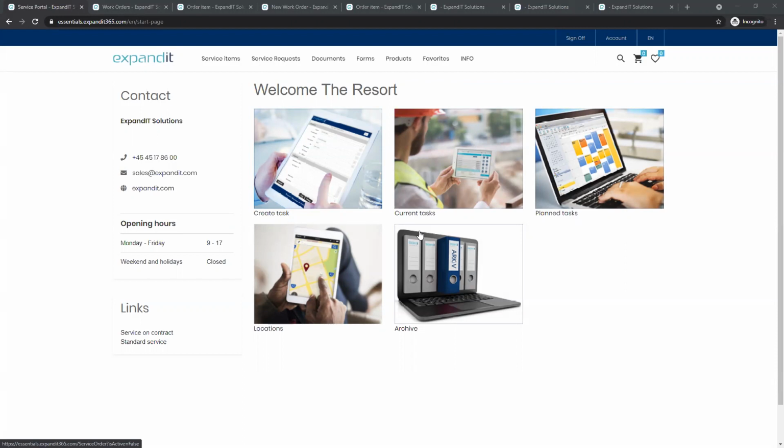So when I log in, I can see some basic buttons to view some basic information about tasks or service orders or work orders, really, and the locations of my items. There are other available templates that would give me maybe a snapshot of current service. And so these different templates fit a lot of different industries where people are trying to log in and see different snapshots. If you have a lot of ongoing service with, if your end customers have a lot of ongoing